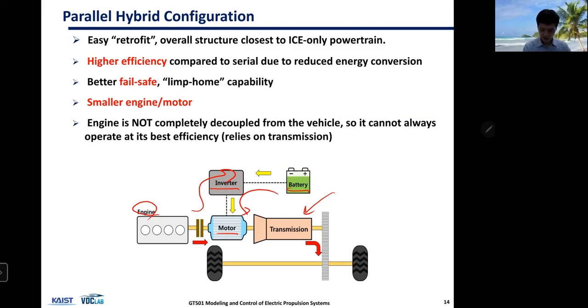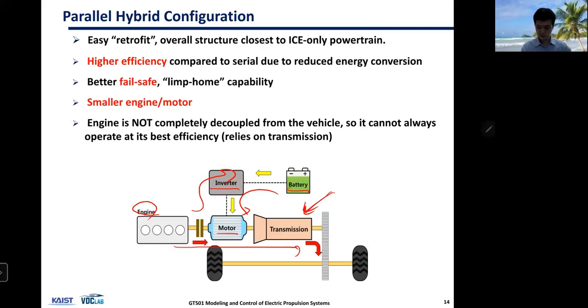And most of all, you usually can obtain higher efficiency from this mechanical connection. But on the other hand, if you use automatic transmission, you lose some of that energy